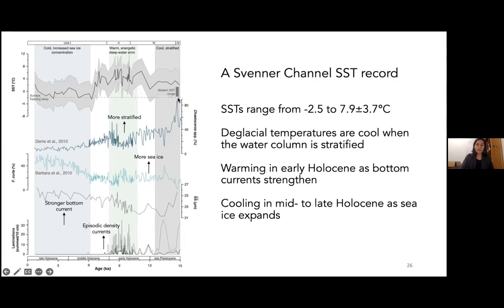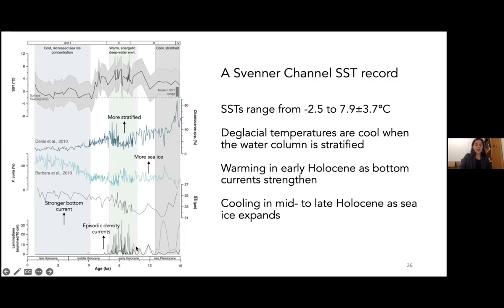In the late Pleistocene, after we have that step back, you have cooler sea surface temperatures, and then we have a warming. And then right around 7, we start to see this cooling. We might have seen cooling before, and you can definitely make an argument for that, but we see this stepped cooling right around 6, and then we have a cooler late Holocene. This corresponds well to changes in the sea ice diatom assemblage. So you can see that sea ice really kind of takes off after 6, right around the time that we see